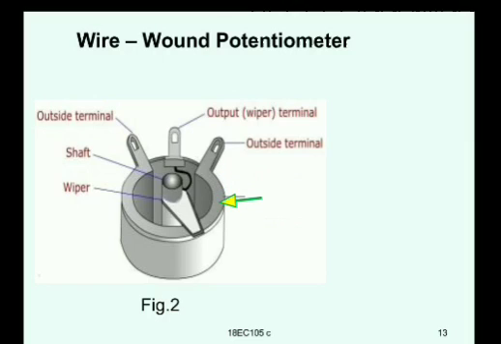So a typical wire wound potentiometer looks like this. The yellow arrow is showing you the resistive element, which is looking more like a cylindrical one,